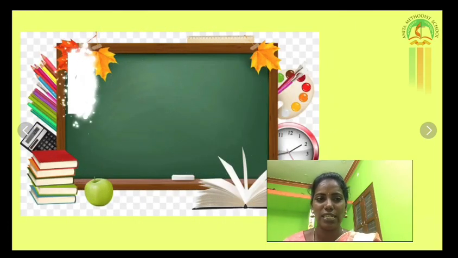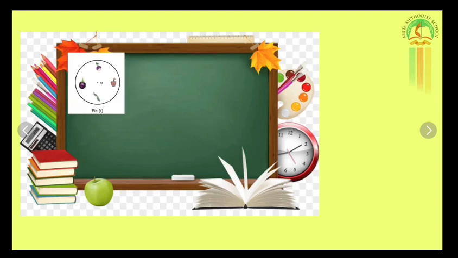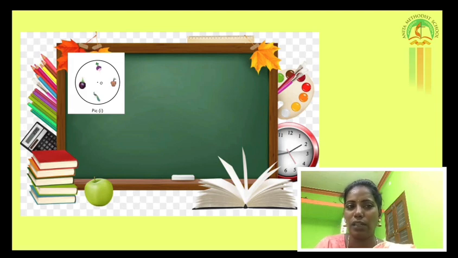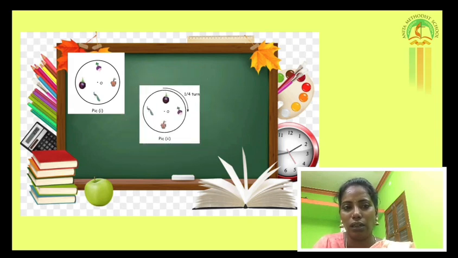Children, we are going to see an activity. Draw a circle and mark a center point as O and stick 4 pictures on it. Any 4 pictures as you wish. Keep a point at the center and rotate from your right side a 1 by 4th turn. When you rotate the picture, what happens? Is it changing the shape or position? No, it's just changing its direction.